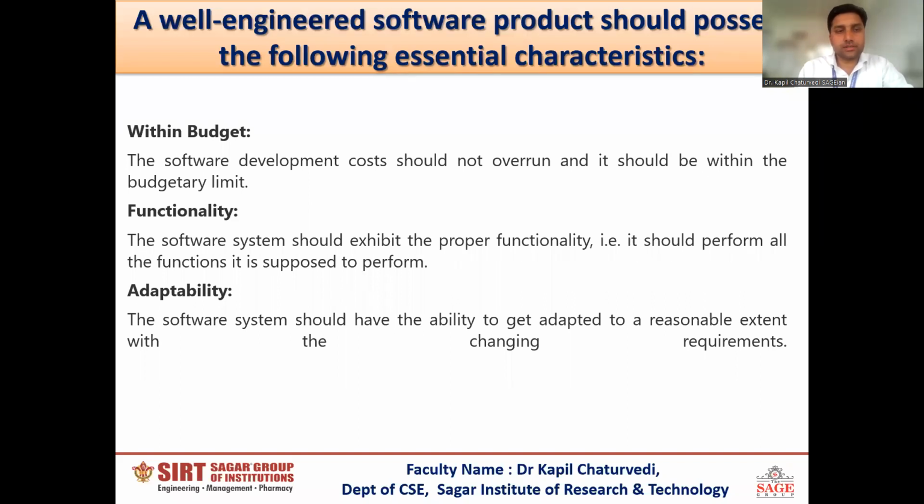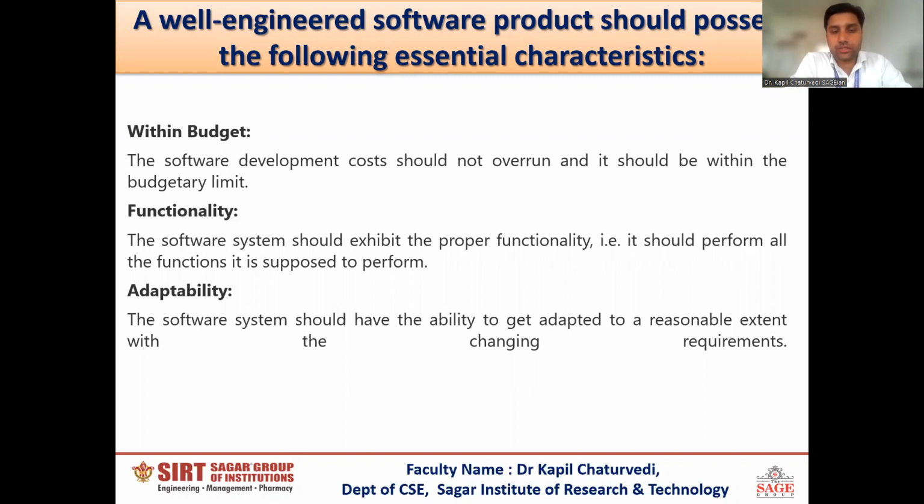Functionality. The software system should exhibit proper functionality, that is, it should perform all the functions it is supposed to perform. It means the customer requirements are fulfilled all the time. Whatever requirements the customer provided to the developer, all those functionalities should be in a good software. Adaptability, it means